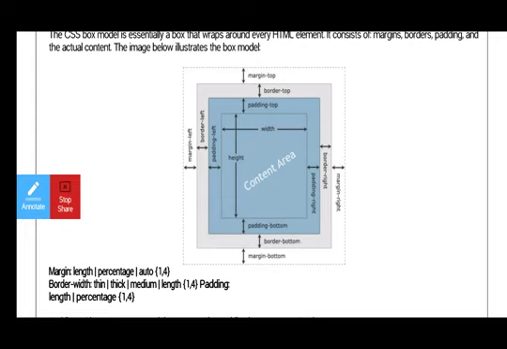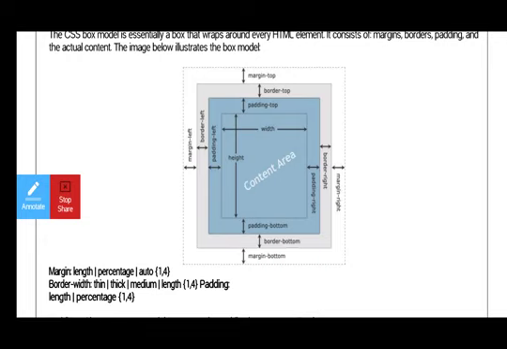So next one is the border. First one is margin and the next one is border: border top, border bottom, border left and border right. So this is the border. And the next one is the padding: padding top, bottom, left and right. And the last one is the content area, where we are going to present HTML elements or CSS elements, like the height and width of the actual content.